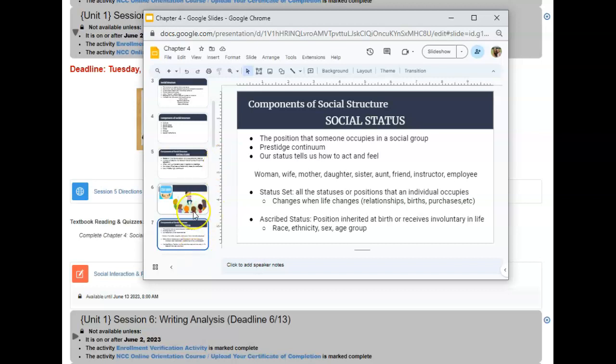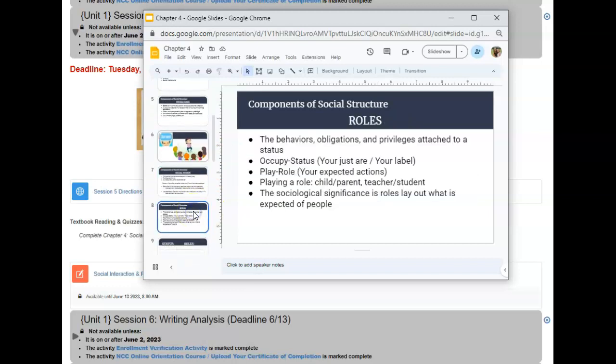Then, if we were going to apply that to roles, that would be the behaviors or the actions that you take. So you occupy a status, that would be your label, and you play a role, which would be your actions.